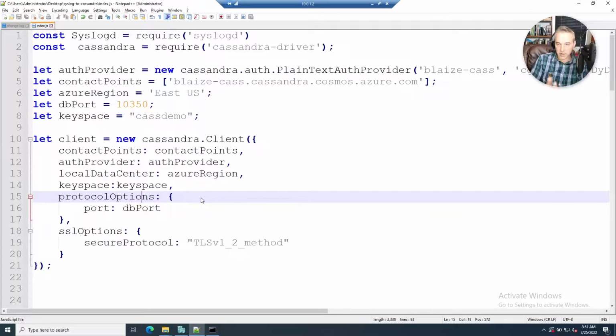So for a demo, I wanted to look at an adaptation I've done from another application that I wrote for the Cosmos SQL API, as well as for storage tables and other things. That's where I have a syslog daemon where I'm generating data and storing it in a database. This particular application is pretty straightforward, but I wanted to point out some of the idiosyncrasies